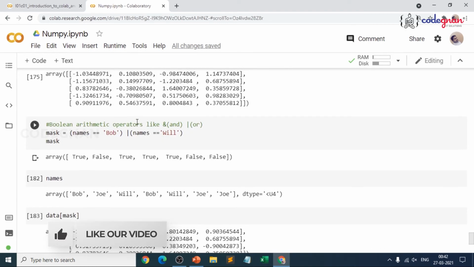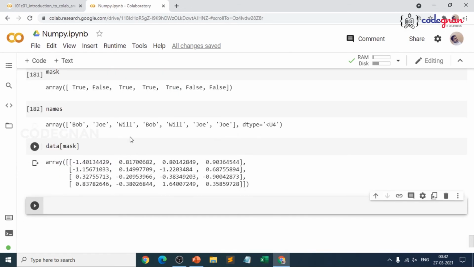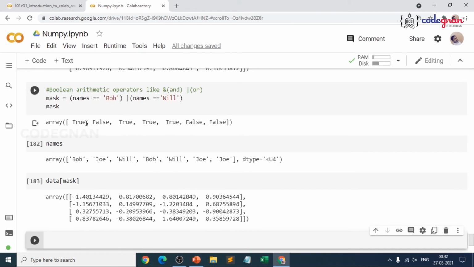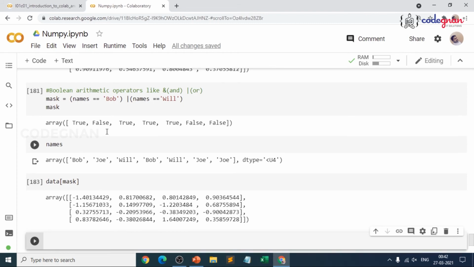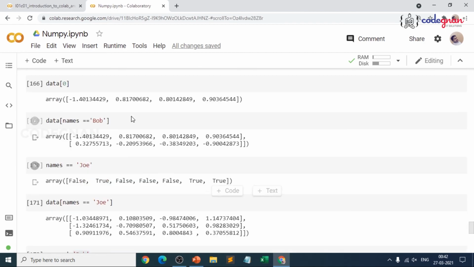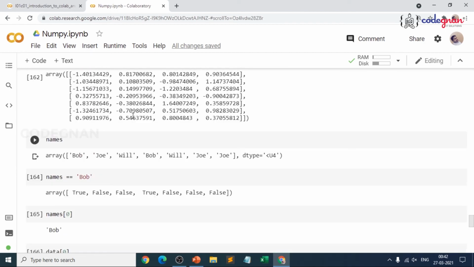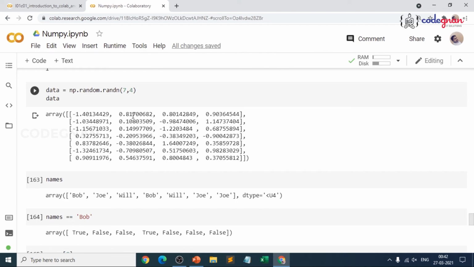And even when you are working on indexing, whether it is Boolean, because when I say Boolean, it is referring to true or false. If it is matching with the given name, it is true. If you have different names, it doesn't match for any case, so for everything it would be false. Because if I give names equal to Bob, wherever Bob is present, it is true. If I give different names, everywhere it is false. That is the reason, don't take different names, take at least one duplicate, then you'll understand the concept of Boolean indexing. So that is how we have seen the same concept of indexing.